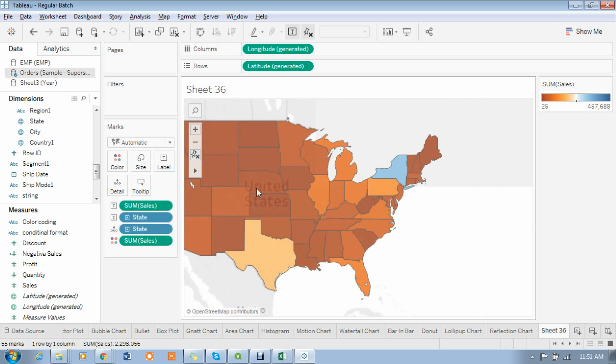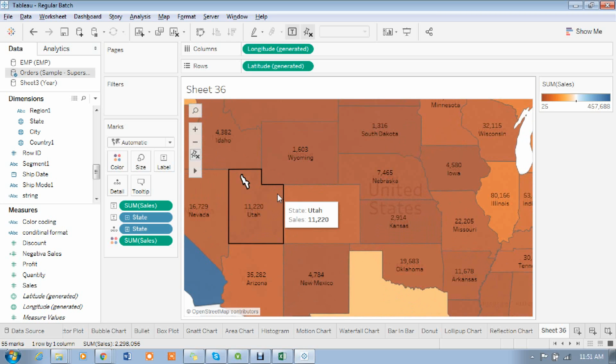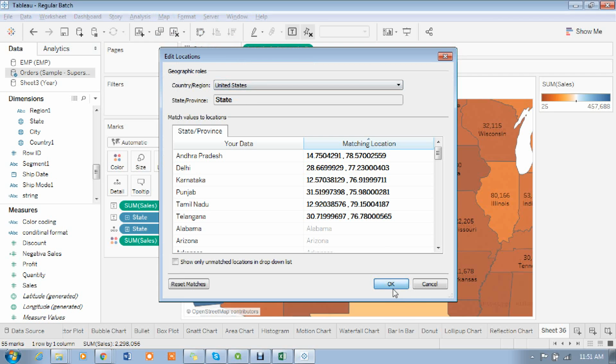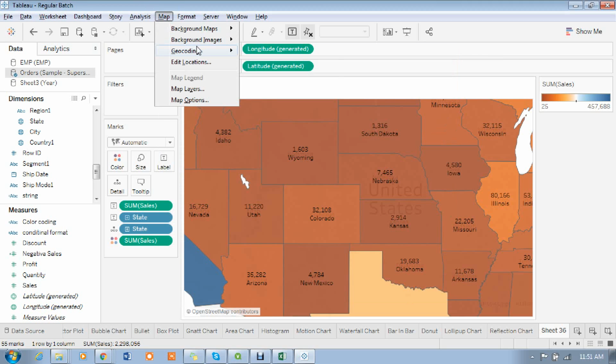Suppose, madam, we can create one file. Manually it is very tough to enter all these things. For states, for each country we have a limited set, but if I want villages or cities also, then it is very difficult to enter, madam. We can create a file and upload it. Map here, import custom geographic code.